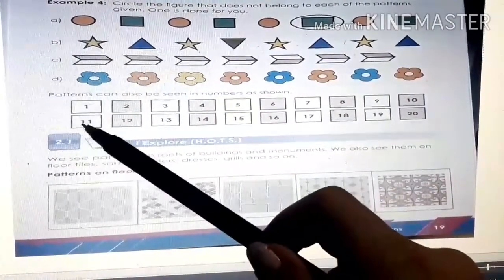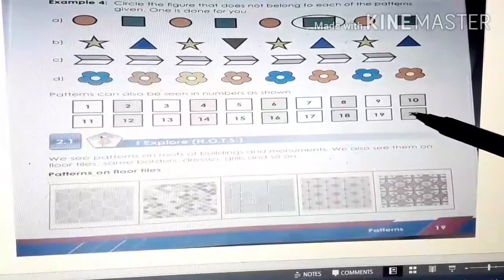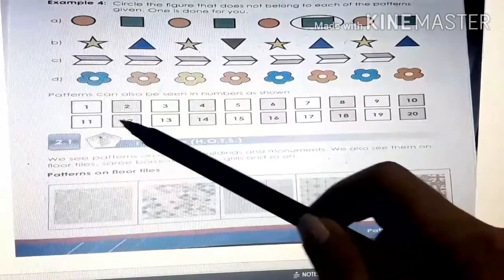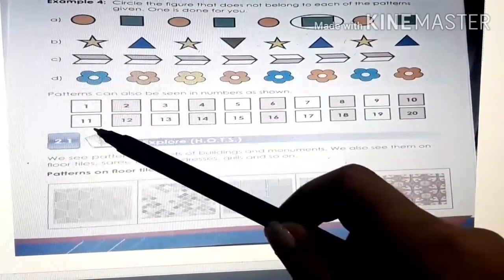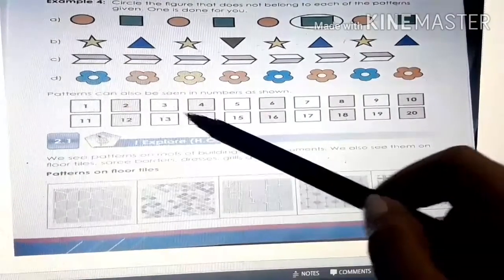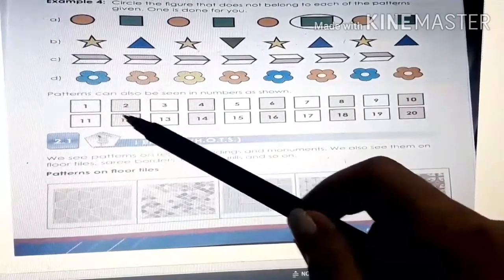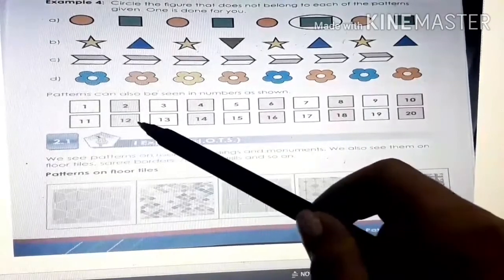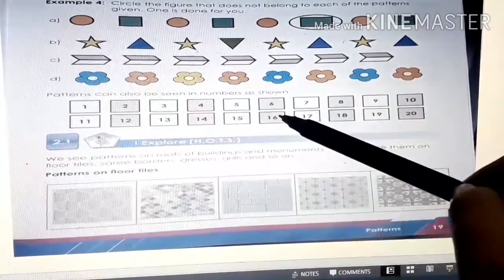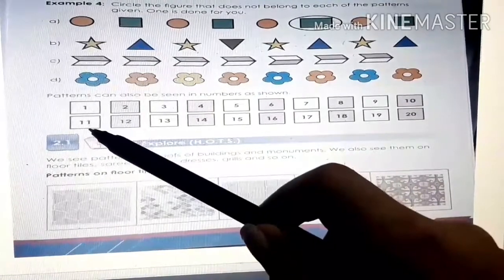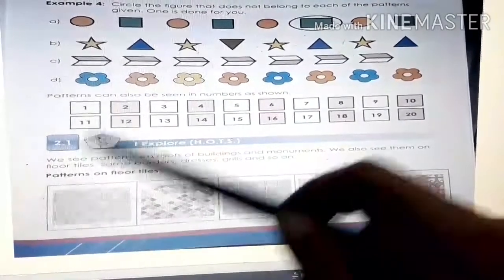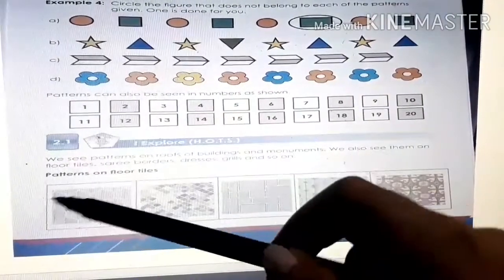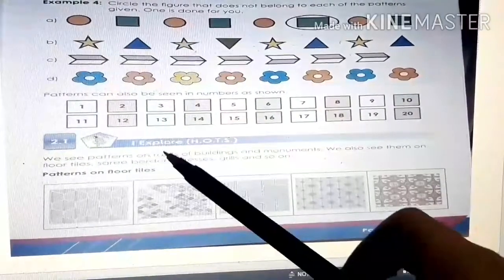Okay, so you see here 11 to 20 again. If some of the numbers are missing here, you are going to put the numbers in serially. As you know, if 12 is not written here, after 11 what comes? 12, you know, right? So you will put the numbers in the blanks to complete the pattern from 11 to 20. So you have to observe the patterns in numbers. Okay, so let's move to next, children.